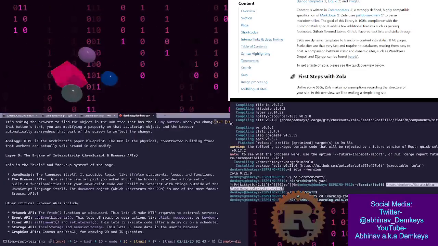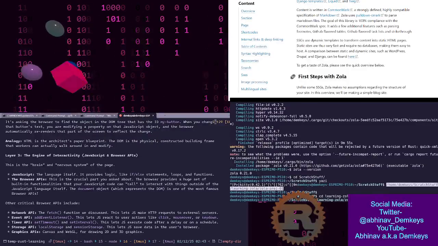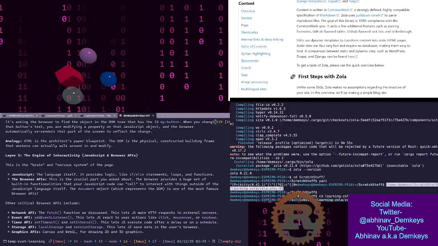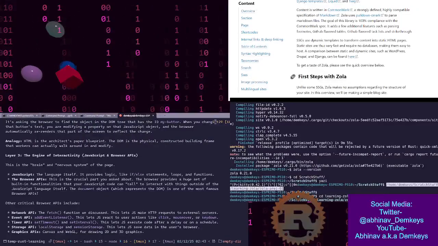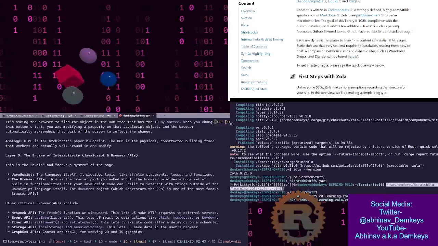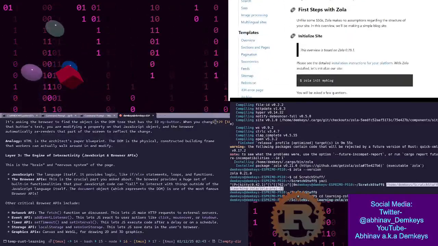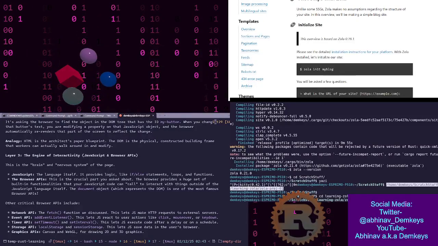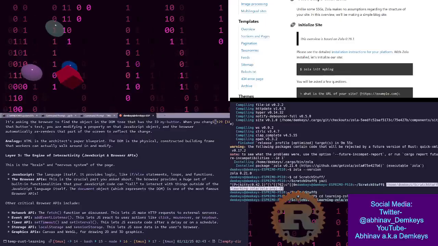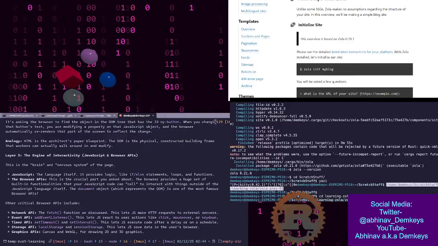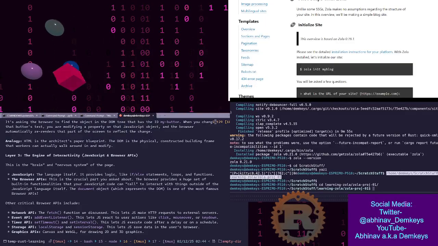Static sites are thus very fast and require no databases, making them easy to host. A comparison between static and dynamic sites such as WordPress, Drupal, and Django can be found here. Okay, that's fine. To get a taste of Zola, please see the quick overview below. Okay. First steps with Zola. Unlike some SSGs, Zola makes no assumptions regarding the structure of your site. In this overview, give me a second. Yeah, okay. In this overview,